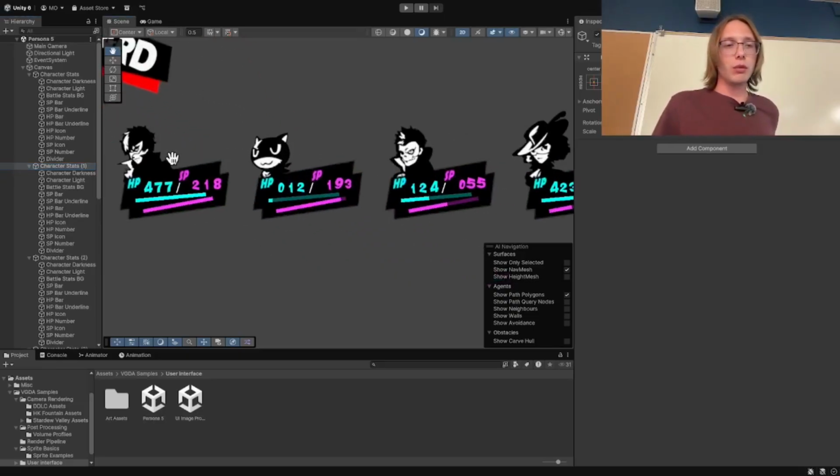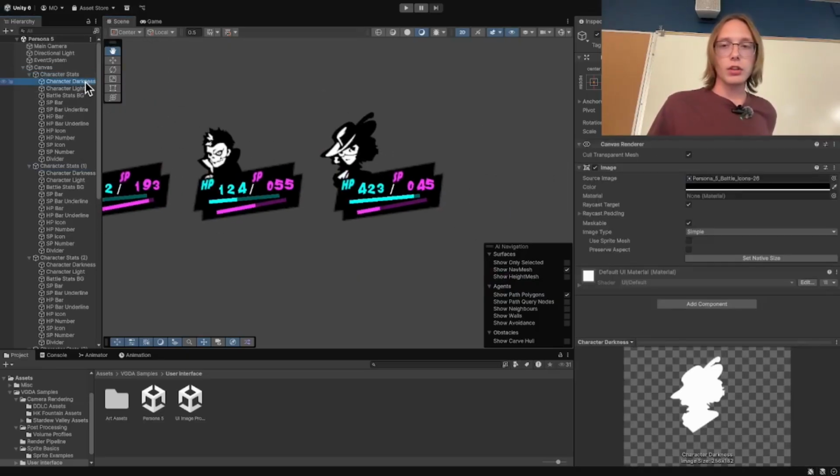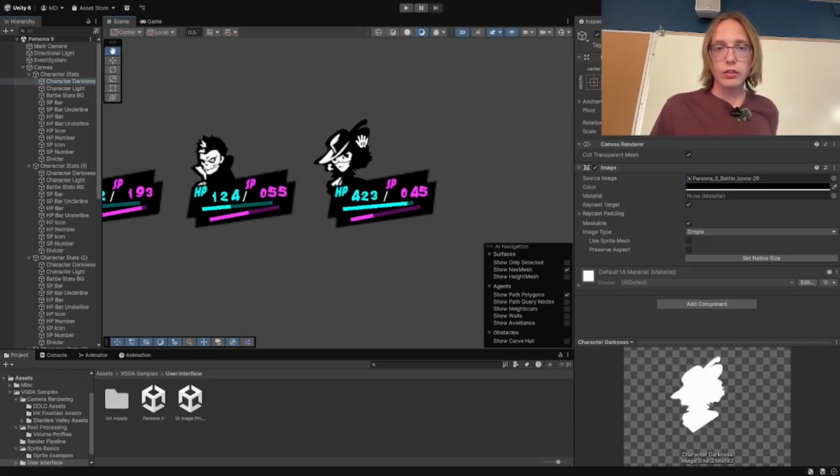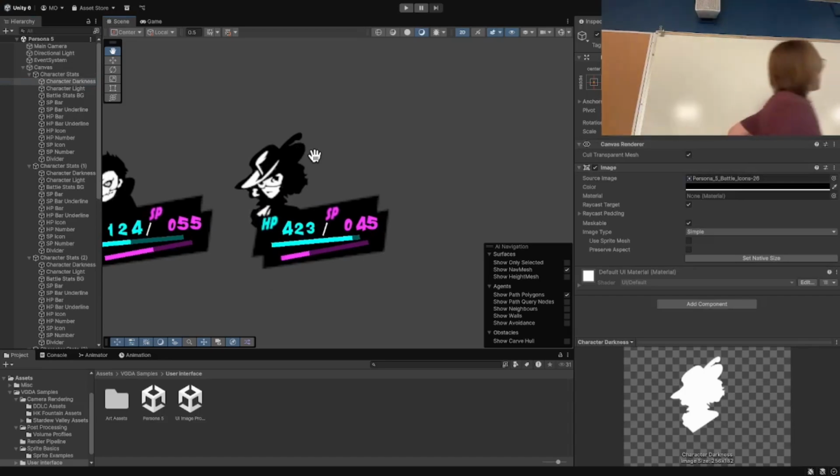So let's say we looked at character stats for this character. I'm curious what this character is. This one is over here. So notice the white part up here is an individual game object. The black here, this black sort of background right here, the HP, SP text, the text divider, the